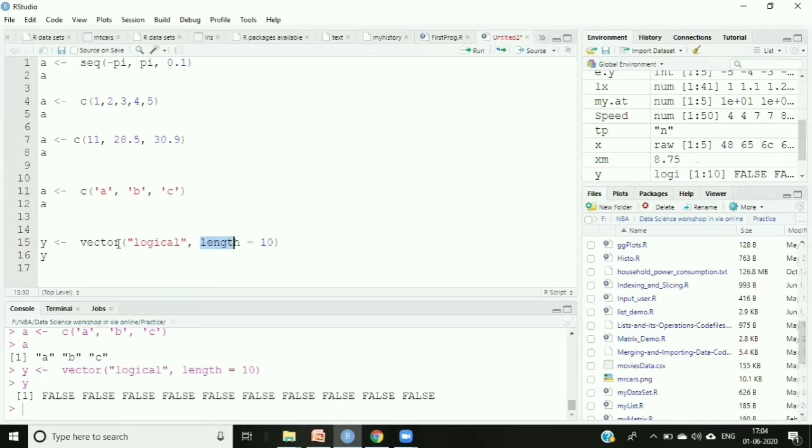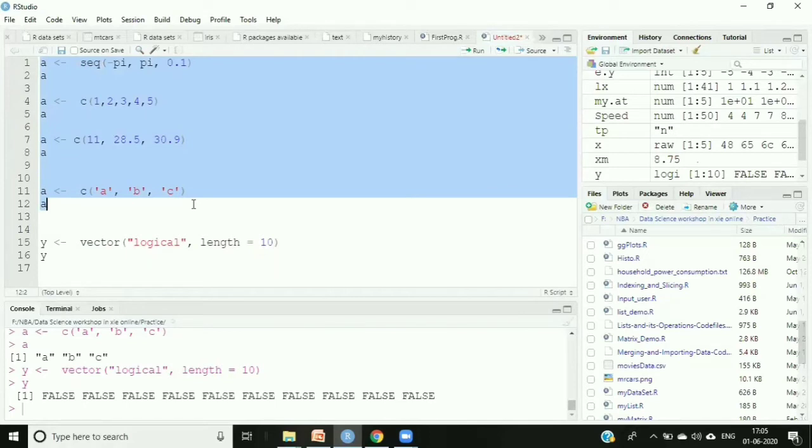So with the help of vector also you can create, but the most preferred way, we always prefer these two ways. One is the sequence, one is the C function, okay. These are the most popularly used ways to create a vector. So please remember what do you mean by a vector. Vector is nothing but a sequence of numbers, okay, it's a list of numbers, but all the elements will be of the same type, similar type. It's a homogeneous collection of the symbols, that's it.